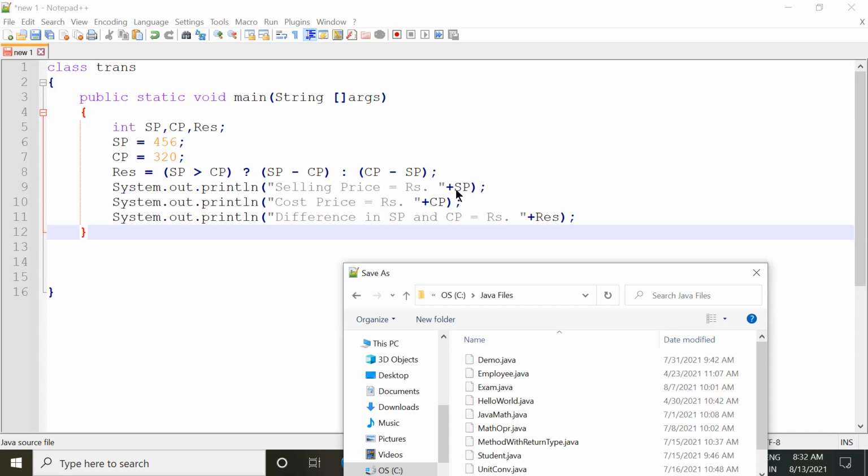So every time we have to show multiple outputs in the same statement, we have to use the plus symbol to join those outputs together. Otherwise, I'll have to use System.out.println one more time to show the SP value, one time for showing this message and another time for showing this SP value. This will be repeated for the other two values also, so in that case I'll have to use this same statement 6 times. Understood?